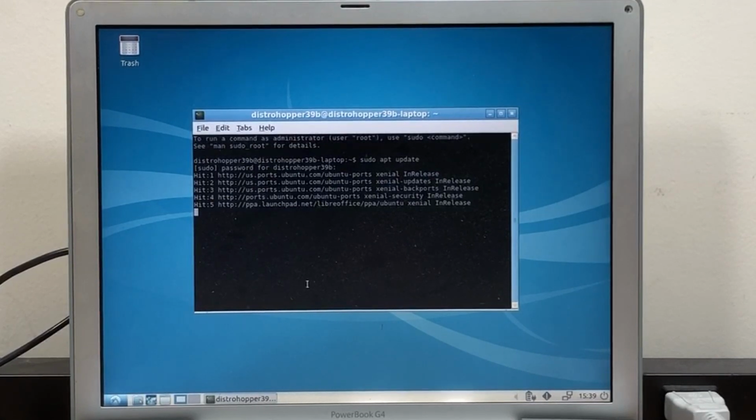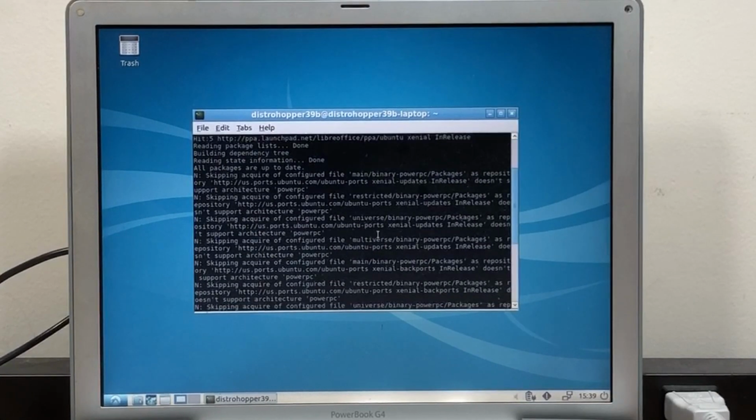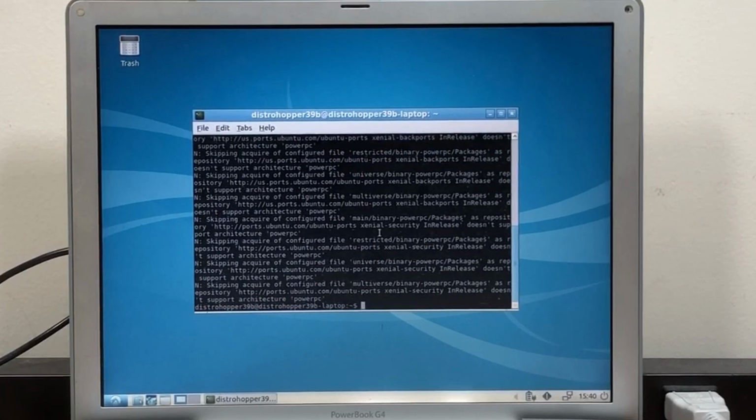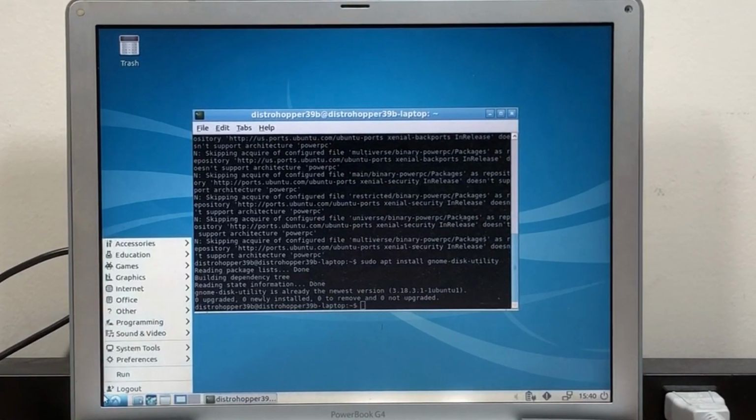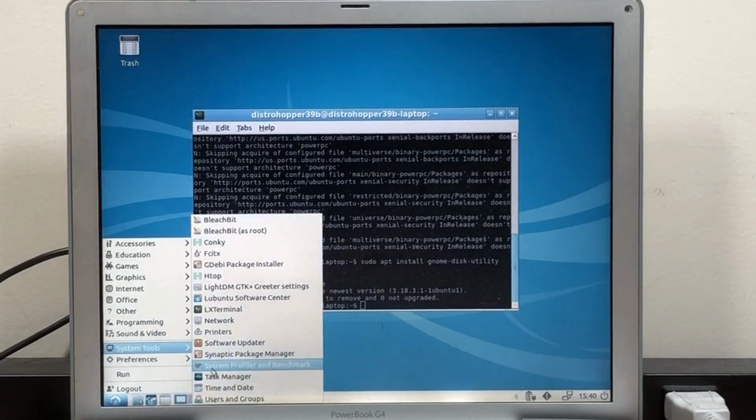And there's going to be some error, I think, here, because the Xenial updates and Xenial backports repositories no longer support PowerPC. Let's see. Yep. Thankfully, I can still install everything. So I'm going to do sudo apt install gnome-disk-utility. Okay, it's already installed. So now I'm going to do system tools.